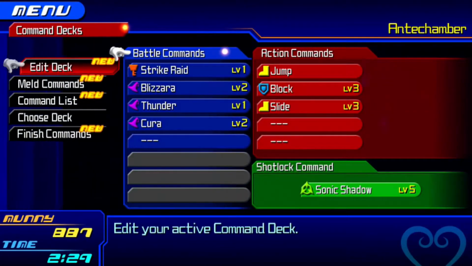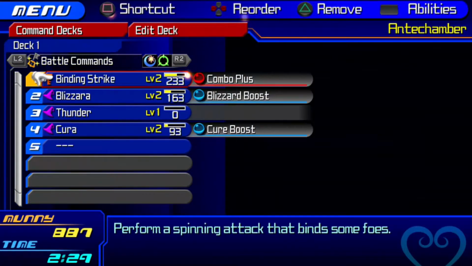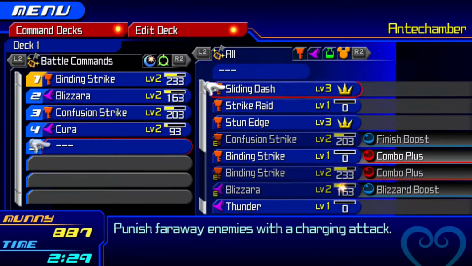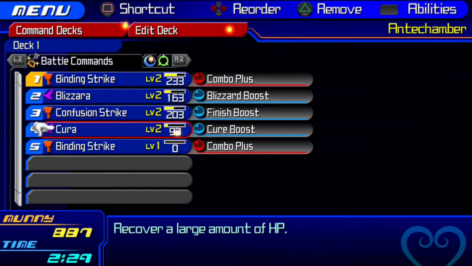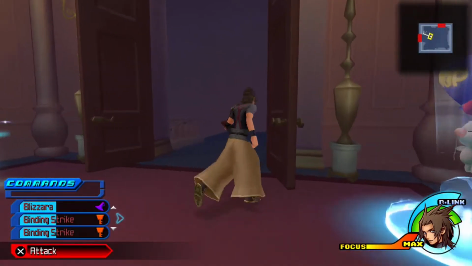That being said, I'm gonna switch things around. Let's re-equip our Binding Strike. Keep the Blizzara there. Don't need Thunder anymore, so I can get rid of that. Confusion Strike, Cura, and then finally one other command. What? Oh, I guess Binding Strike will work for now. That way we can get this thing all at the same time. And of course, here's where we'd end the session, but again, I brought you guys a D-Link, so I'm gonna